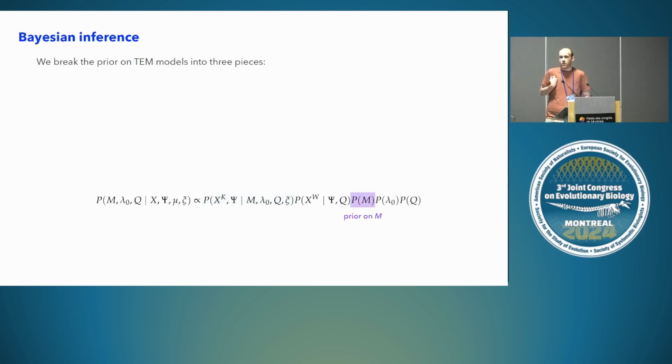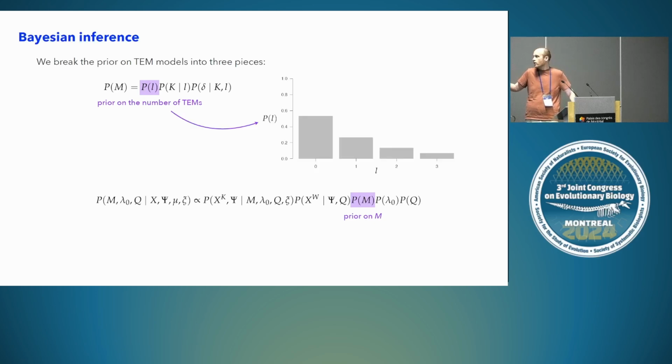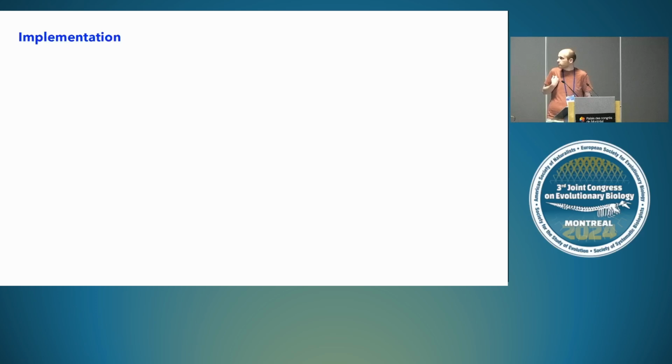The other important part here is the prior on models M. And this gets a bit complicated, but I'm just going to break it down and point out one important feature. We have a prior on the number of TEMs. And this is important because this is how we make the method actually work by not trying to explore models with more than, for example, 3 TEMs. So we have a prior probability that there are L total TEMs in the model. And that's going to look something like this. We're going to have some prior distribution that says there are between 0 and 3 TEMs. And there's some flexibility in how to specify this prior. But this is what we're starting with now.